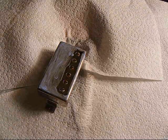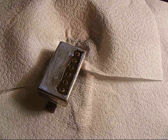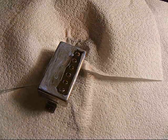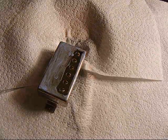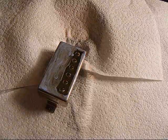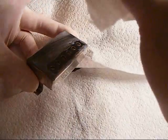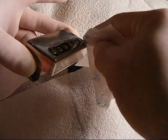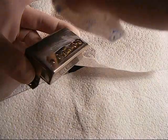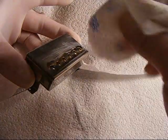While you're having fun with that, let me grab another paper towel. Nothing like watching the polish dry, huh? Okay, so now I'm going to work it off. Okay. And I'm looking for the black tarnish, which I don't have yet, so